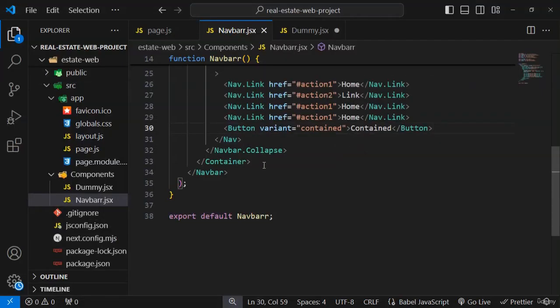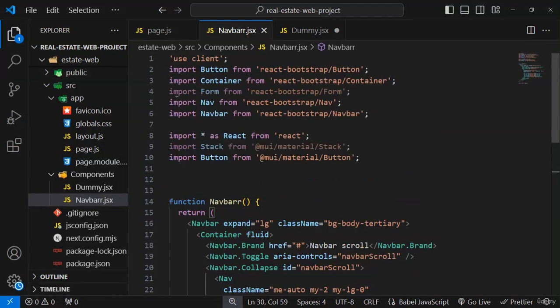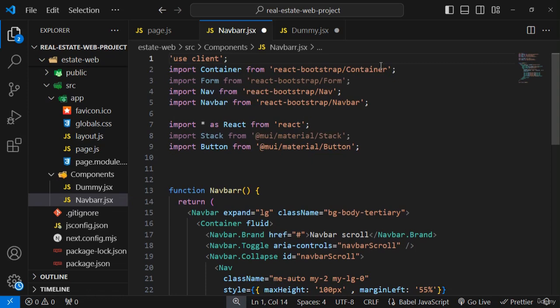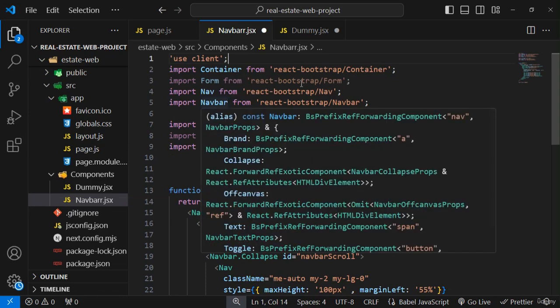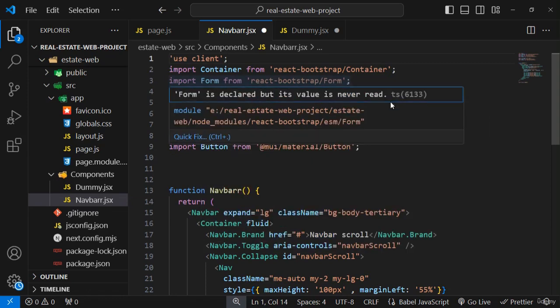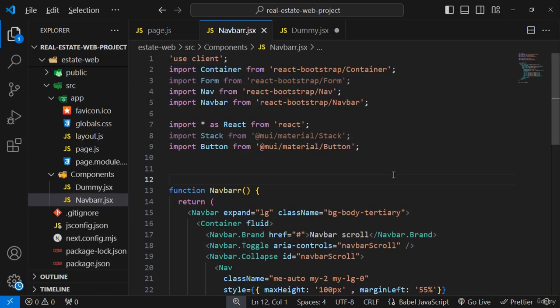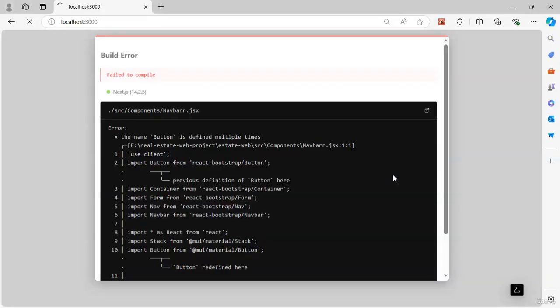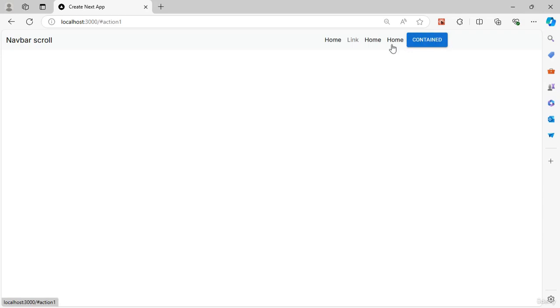So let me show you inside that navbar. I have imported that button from React Bootstrap. So now it will not show any error. Let me save that page and move to the output. And here you can see we have such a button which is imported from our Material UI. So what we have to do now,